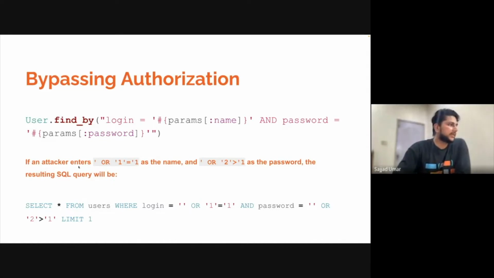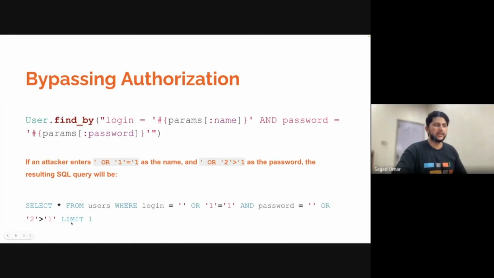So if an attacker enters or 1 equals 1 as the name and or 2 is greater than 1 as the password, the resulting SQL query will be like select static from users where login is empty or 1 equals to 1. This will always be true because 1 is equal to 1, and password equals to empty or 2 is greater than 1. So the password will always be true, as 2 is always greater than 1, and